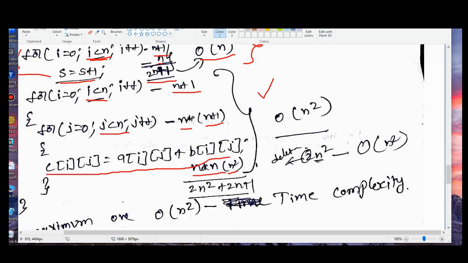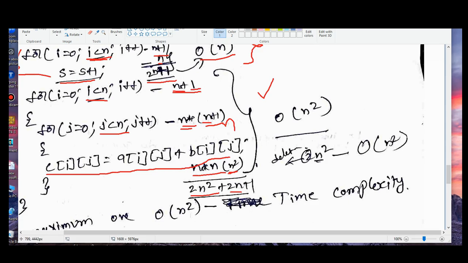After that, the time complexity of this total expression is calculated. So 2n square. 2n square means here 1 n square is there, and here another n square will be calculated. So 2n square plus 2n. 2n means here 1n is there and another 1n is there. So 2n